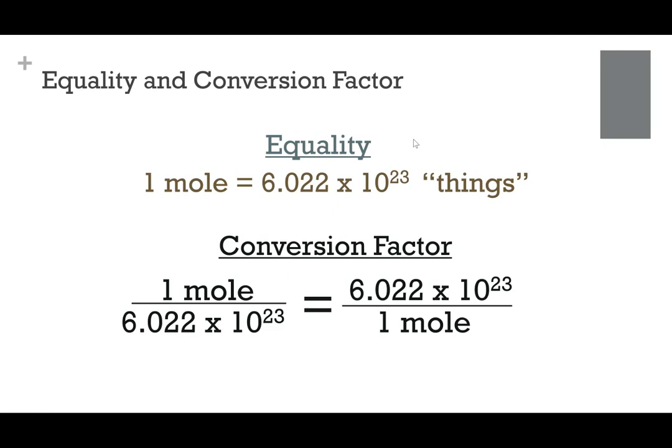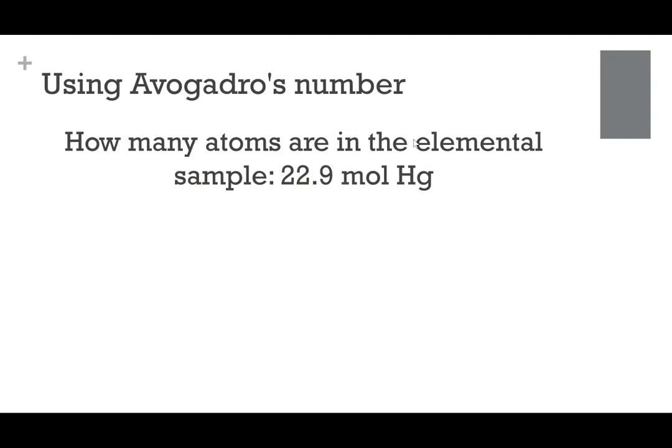Okay. So what I want to do now is just very slowly go through an example with you. How many atoms are in an elemental sample of 22.9 moles of mercury? This is simply a unit conversion problem. So for every unit conversion problem we're ever going to do this semester, what's the first thing we always do? We write down the information that's given. We write down the number that was taken. So I'm going to write down